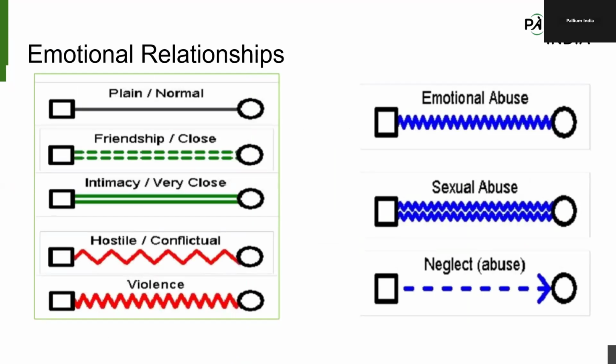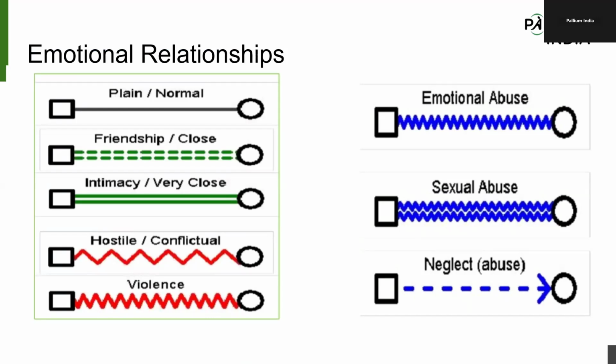line. Okay. And if the relationship they are having is very close, for example, they are very close to a sibling, we usually use two dotted lines. And if they are very intimately close, then we use two straight double lines, right? And if the relationship between the people is a bit hostile, they are in conflict, they have on and off arguments, then it is usually shown in zigzag lines.